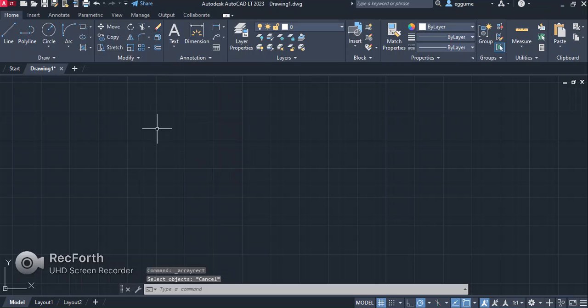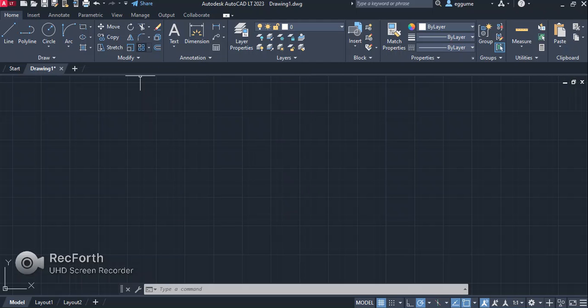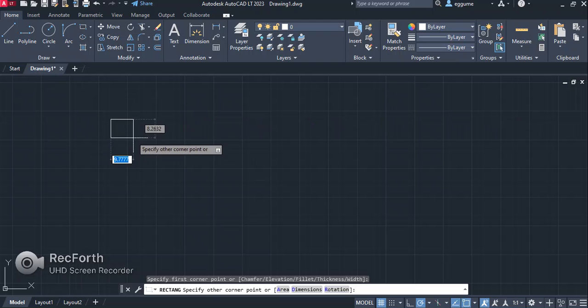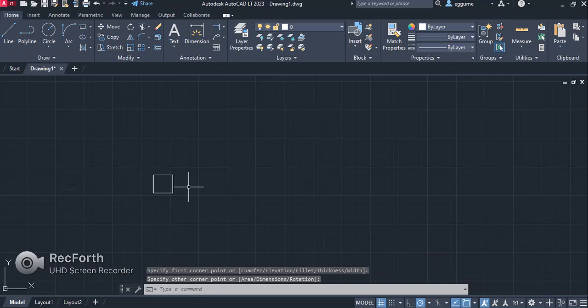and the button for this is up in the modify panel. It should look, for you, like this little icon with 4 squares inside of it, and if you click on that you get into the command. Otherwise you can type array. First I'm going to draw an object so we have something to array. So I'll just draw a square, and I'm going to type in array,